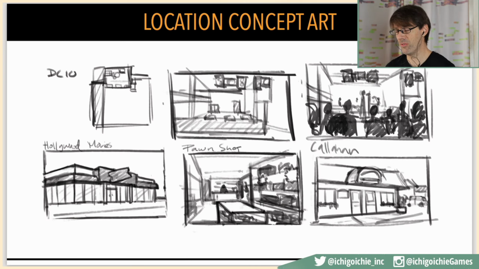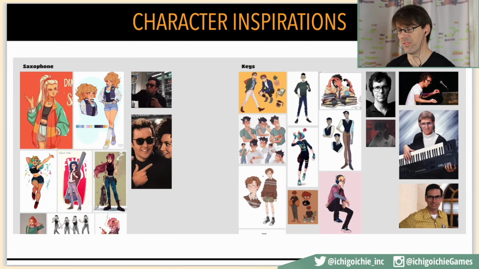In terms of characters, we're looking again at things from the 1990s. There's a lot of films from the 1990s and that kind of visual style that was really important to us growing up, and we wanted to put that into Backbeat. There's a couple panels here, very early mood boards for two of the characters that for a long time we referred to them only by their instrument names, because each of the main characters in Backbeat is all based around a certain musical instrument.